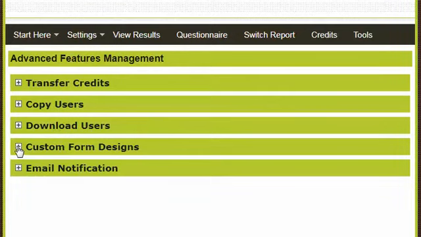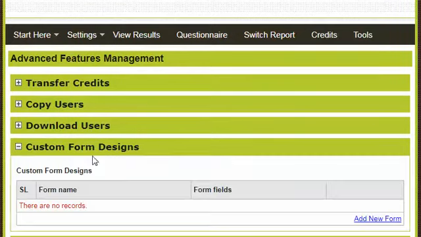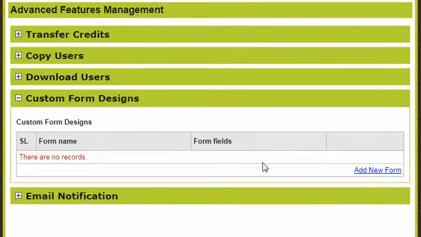The first one really would probably be the custom form design. So if you wish to modify the registration form that the end user completes at the end of the personality questionnaire, then you can customize that fully and ask anything else that you like. So you just simply click here and add the series of questions that you want to present to the end